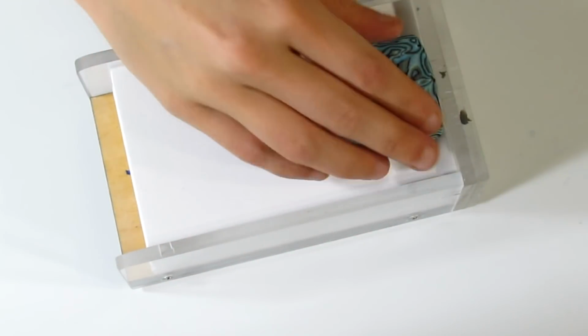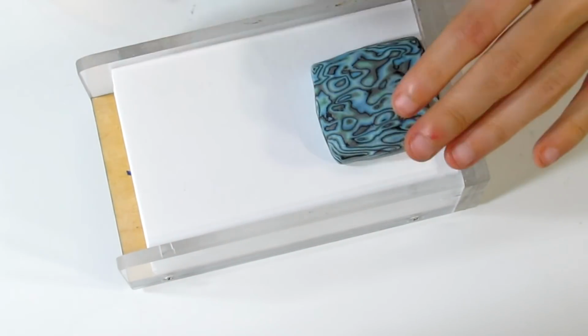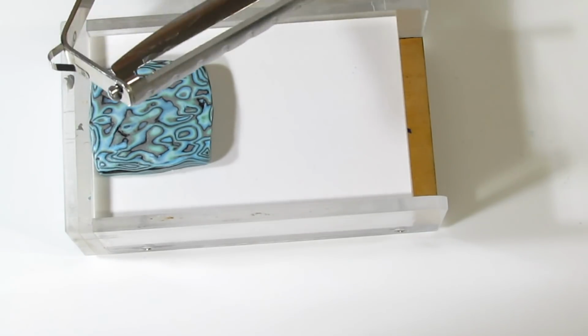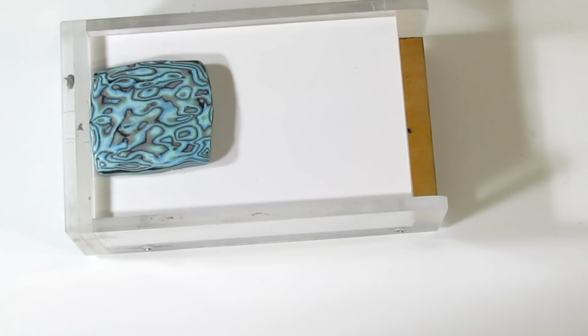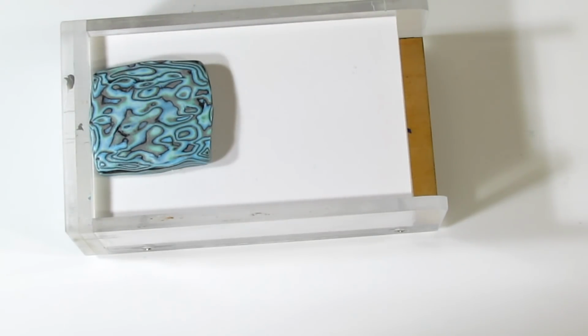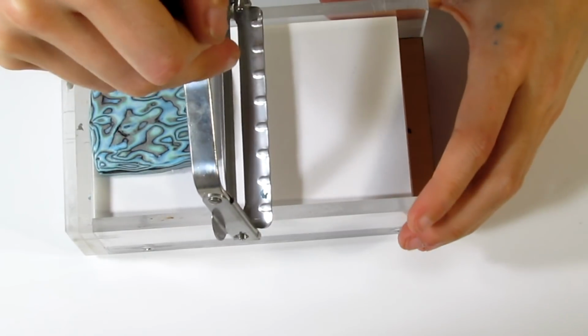And the nice thing is it has these cards, so you can slice your canes. So put it that way around, and then you get this almost like vegetable peeler. So let me just bring that over. And now this is super sharp, so be careful. So what I'm going to do is I've just got a little bit of clay here that I want to get rid of. Don't bring your fingers anywhere near it. If you have something to clean off, use a thick cloth or something else that's not going to hinder your